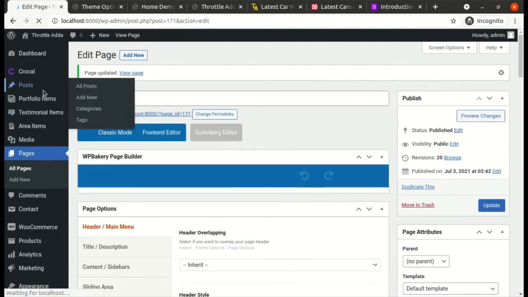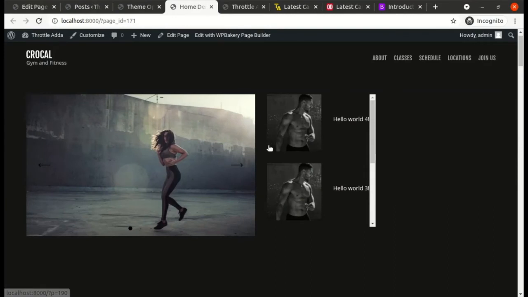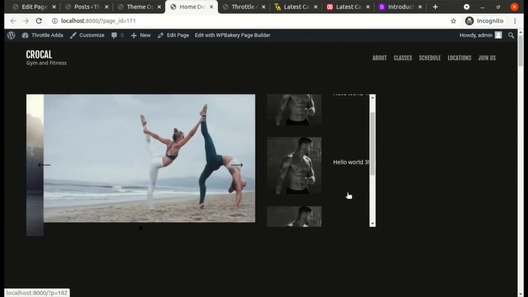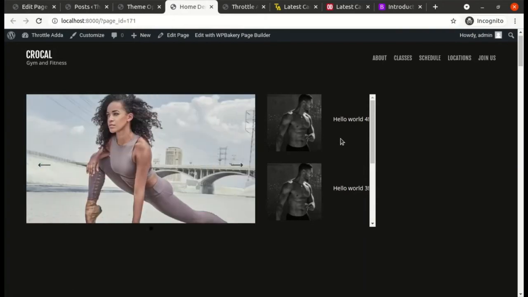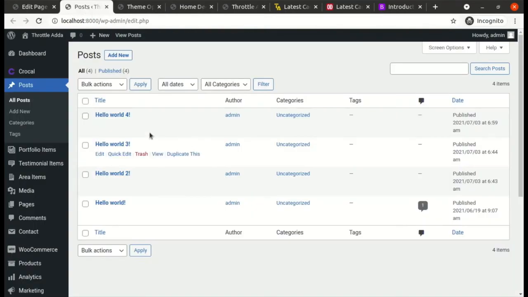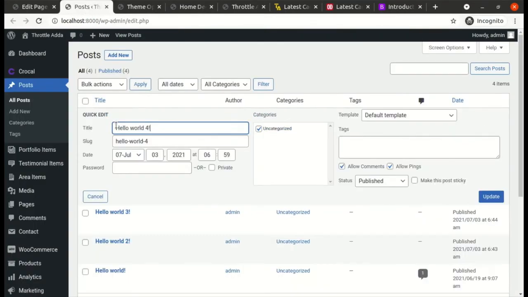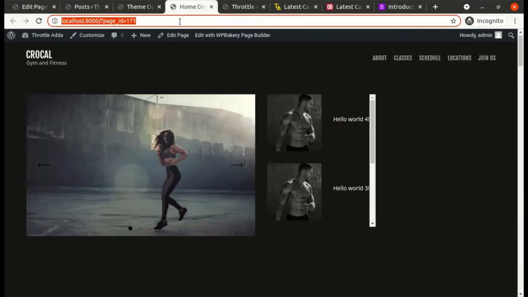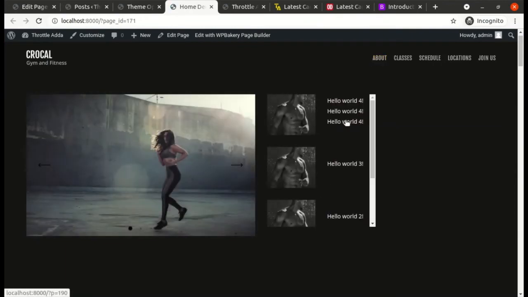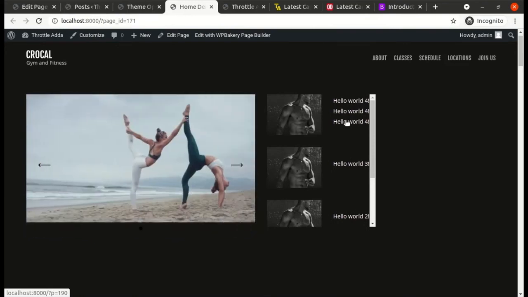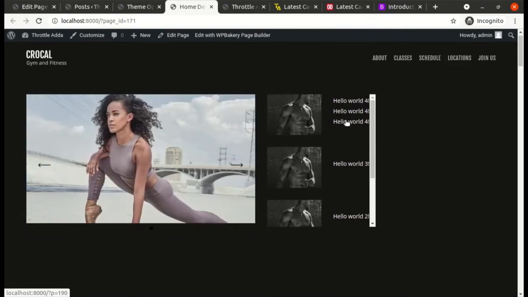Let's open our post page once. Now, in this example, I have shown that Hello World 4, Hello World 3 is just a one line text. What if you have a title which is coming on multiple lines? How will it look? Okay, so just change a title, and I will repeat this title here, copy paste it multiple times, and let's check how it looks. Awesome. So it is automatically getting divided into lines, and it is coming one below another, so that's good.